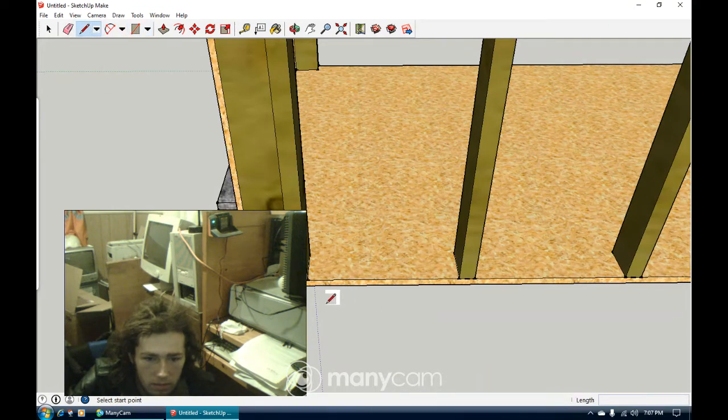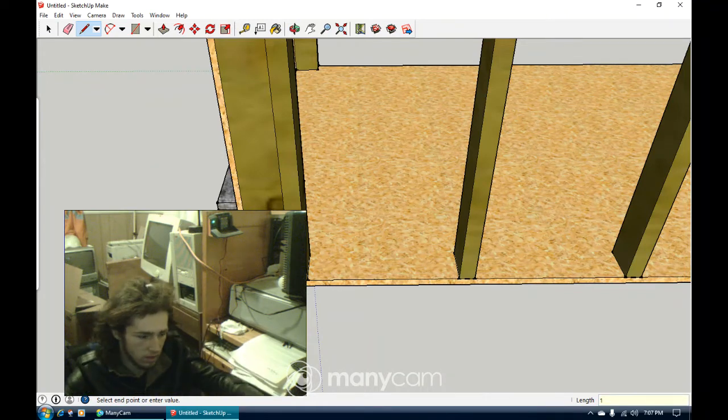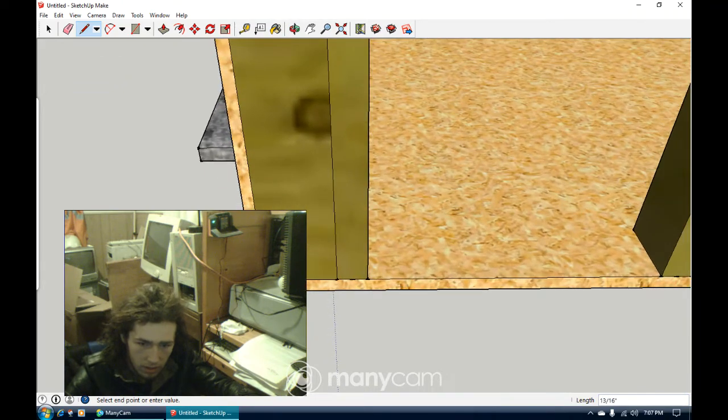So what we're going to do is extend this to 1/2 inch, but not from there. We're going to factor in the material width here and put 1/2 inch here. And what that'll do,